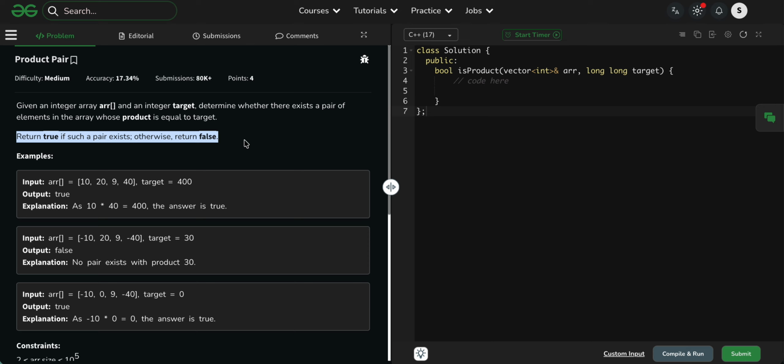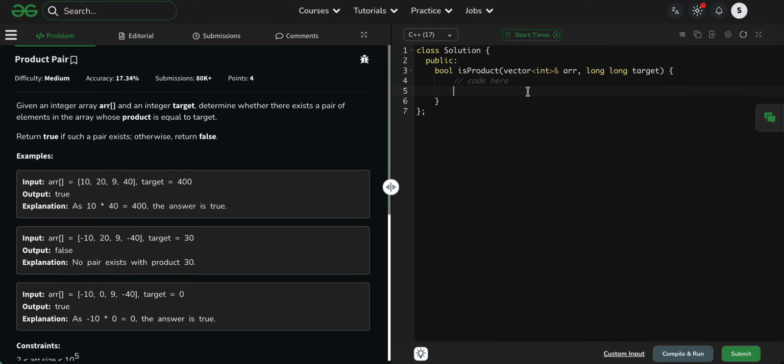It is a very simple approach, a simple problem. It says that you have the array and you are given the target. You just have to take the product, and if you find the target element in the array, then return true, otherwise return false. Okay, so without any thinking, I just have one approach which always comes to my mind, and I think to yours also.